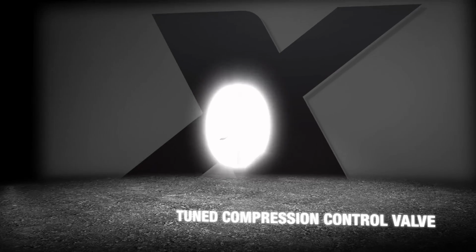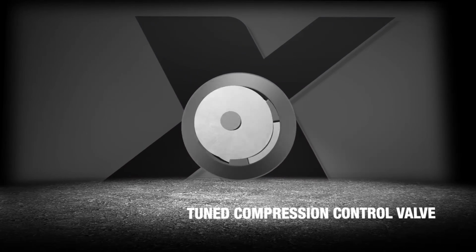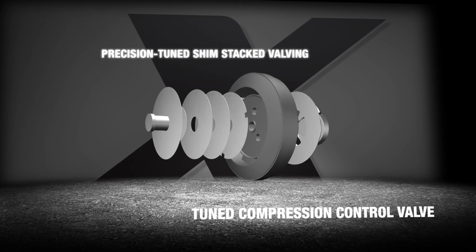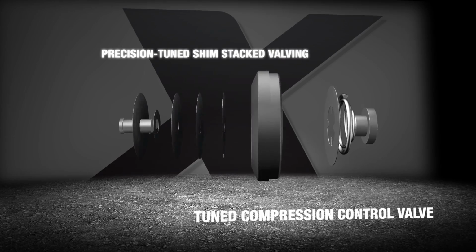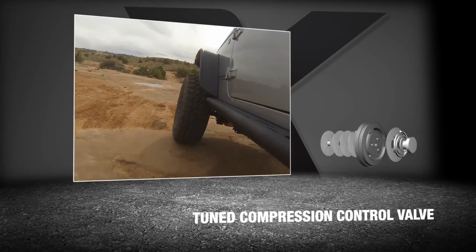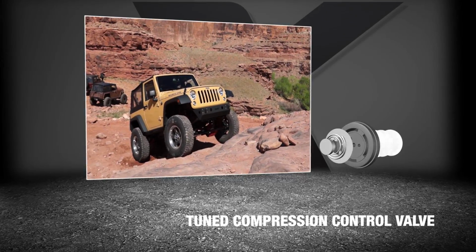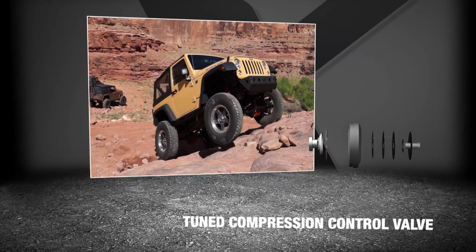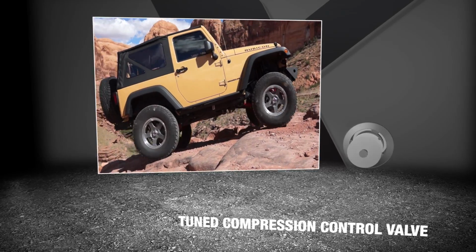The tuned compression control valve is a custom-tuned clamped disc base valve that regulates fluid transfer during the shock's compression cycle to help absorb impacts without disc flutter and to help maintain vehicle control in virtually any environment. The precision-tuned shim-stacked valving allows the motion of the shock to work in harmony with the vehicle during on- and